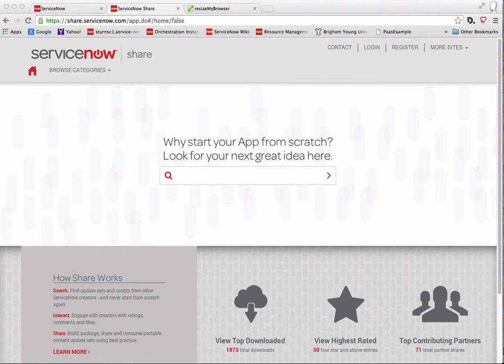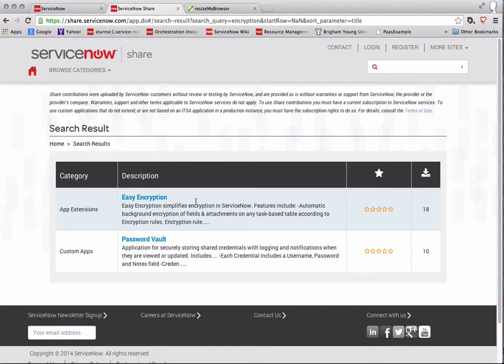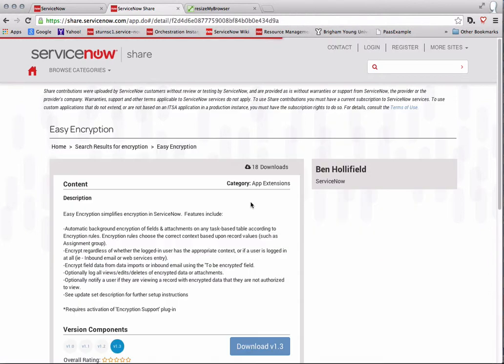So first thing we're going to do is go up to ServiceNow Share. You can see here on the screen we're at share.servicenow.com, and just type in encryption. This will bring up one of the results here, which is EasyEncryption. So go ahead and click on that, and you'll see that Ben Hollifield, one of our professional services consultants, put